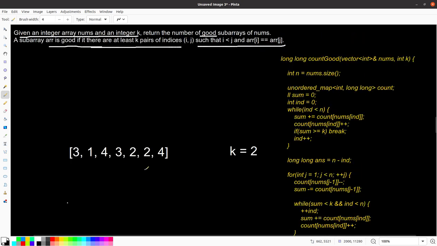For example, here we have this array and k equals 2, so we need to find all the subarrays. The first good subarray is the whole array, which is 3 1 4 3 2 2 4, and in this subarray we have the pairs 3 3,